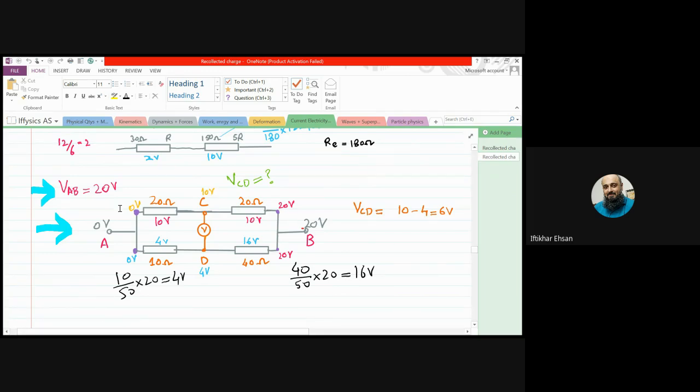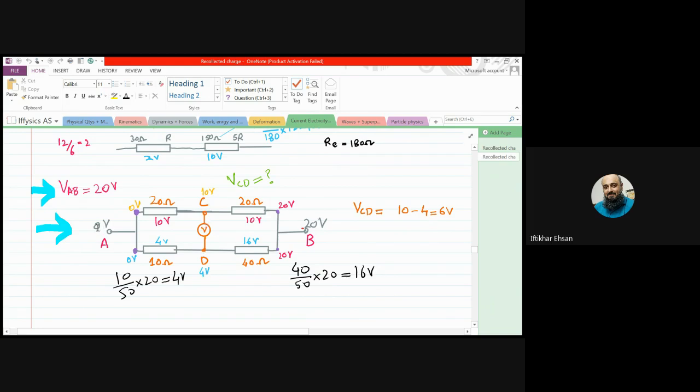Here is the question. It's from the past papers. Numbers can be different. You can see here we have two resistors in series, and then another two resistors in series, and both of these series combinations are in parallel to each other, right? For our convenience, we have marked this point as terminal A, and this is terminal B, and this is terminal C and D, points C and D, right?